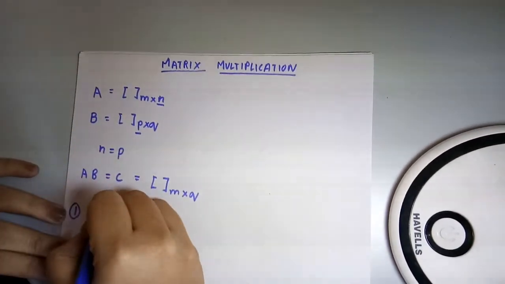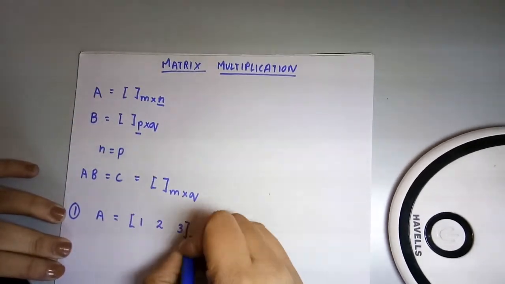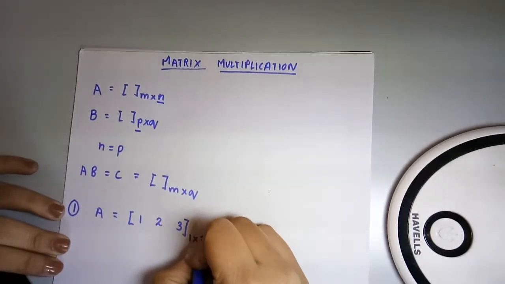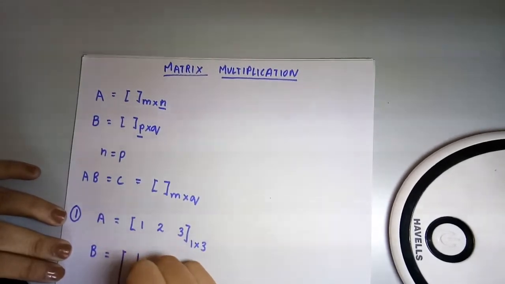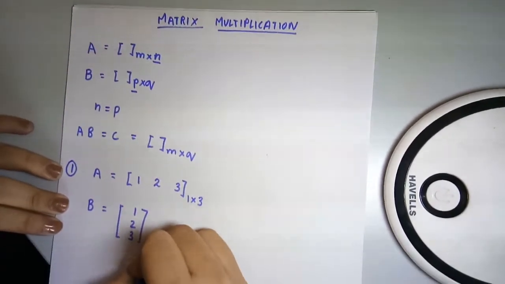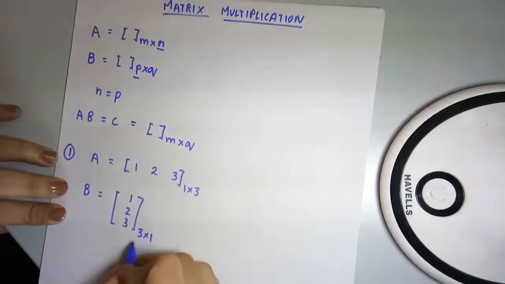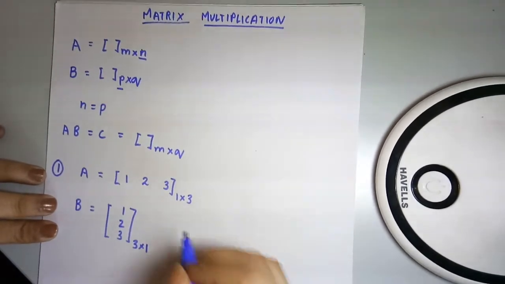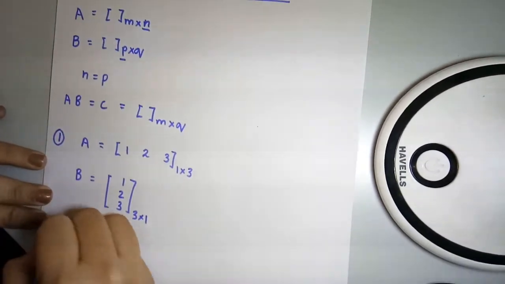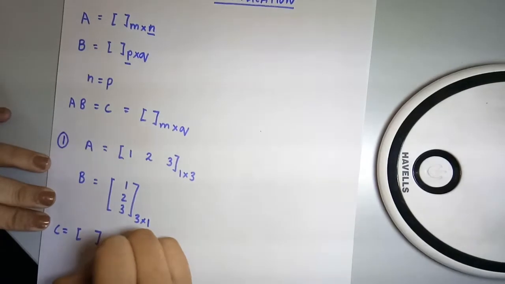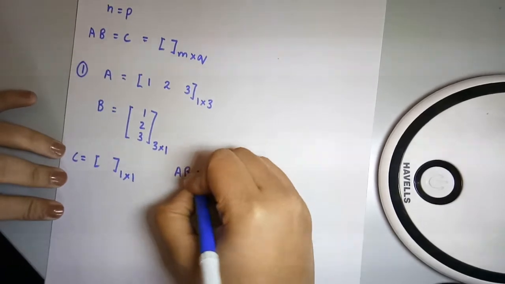So for the first example, let us take matrix A to be [1, 2, 3], which is of the order 1 cross 3, and let us take another matrix B as this, which is of the order 3 cross 1. Now, as the number of columns of A is equal to the number of rows of B, matrix multiplication is possible between A and B. We will get a matrix C of the order 1 cross 1. Let us see what it is. AB will be equal to